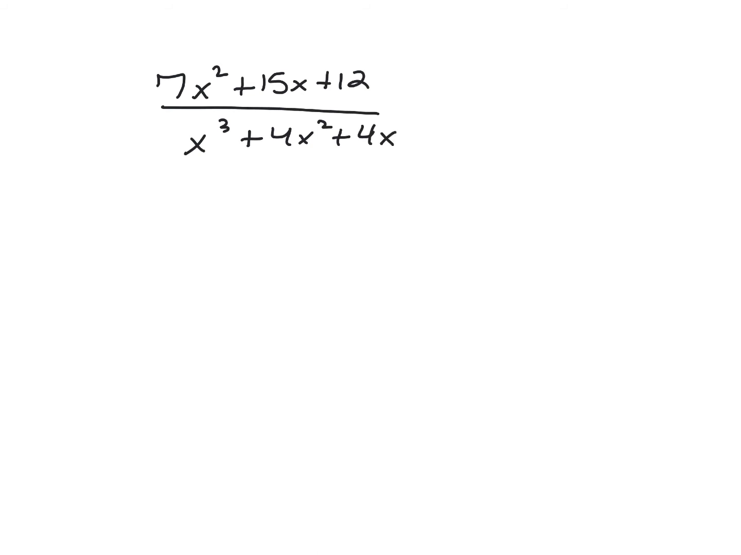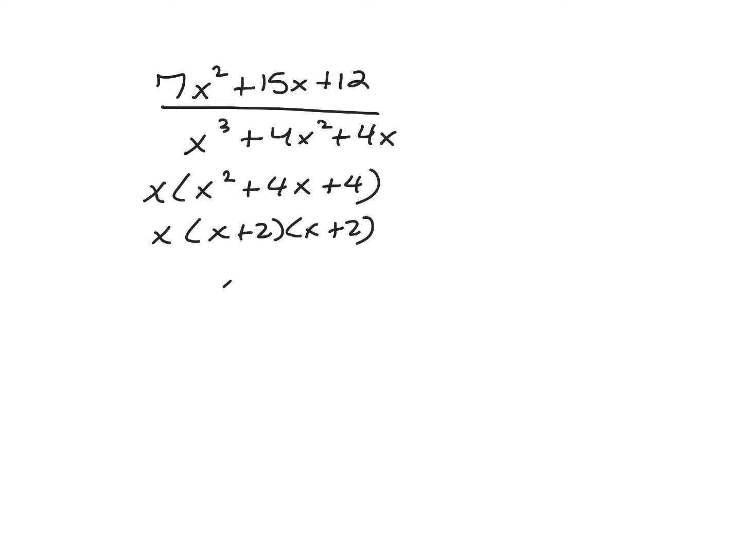Step number 1, I need to factor the denominator. I'm going to factor out a GCF of x first, and then I'm left with x squared plus 4x plus 4, and then I can factor this into x plus 2 and x plus 2. Notice the x plus 2 is a repeated factor. I need to include in my denominator an x plus 2 squared as well as just an x plus 2